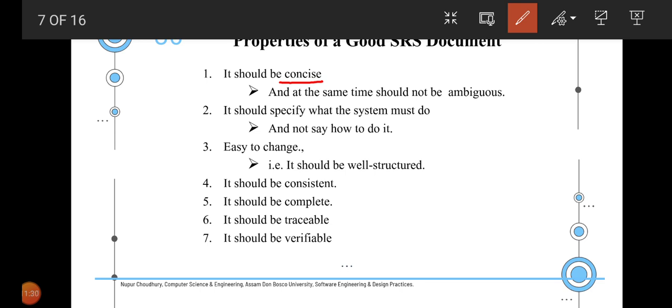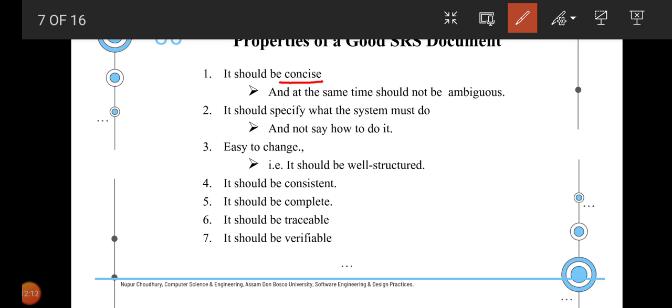Often a half-written SRS is also accepted by the customer. However, it is always recommended to complete the SRS so that in future there are no problems related to ambiguity or incompleteness. Next, it should be traceable. Traceable means that wherever we have missed out on something, as already mentioned, it should have a modular approach. So whenever we have missed out on any information related to any of the modules, it should have the capacity of being traced back to that particular point so that the necessary changes can be made.